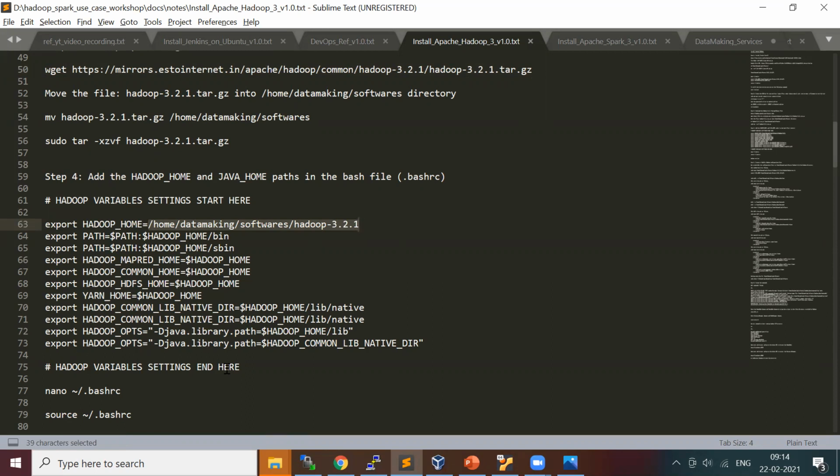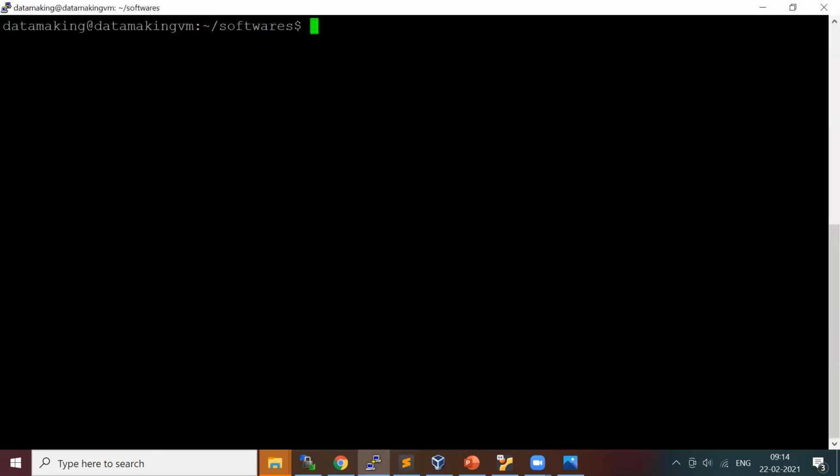For that, just like how we added Java home to the bashrc file, similarly we'll add this also. I'll just copy this set of export commands and paste it into the bashrc file.